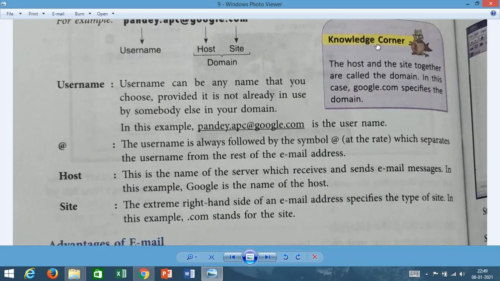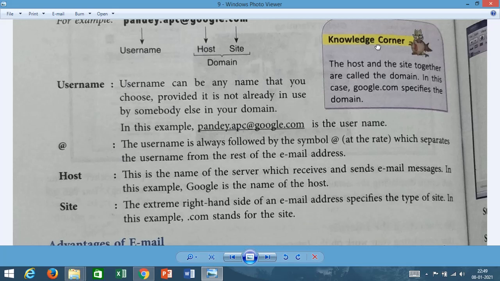The username can be anything that you choose, but when you register yourself on the internet, the World Wide Web will check the username you are putting, whether that username already exists or not.